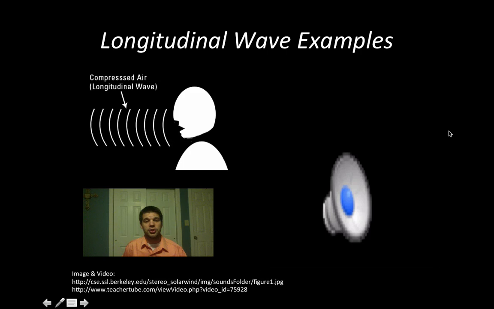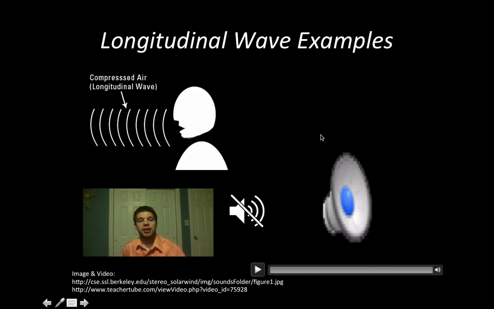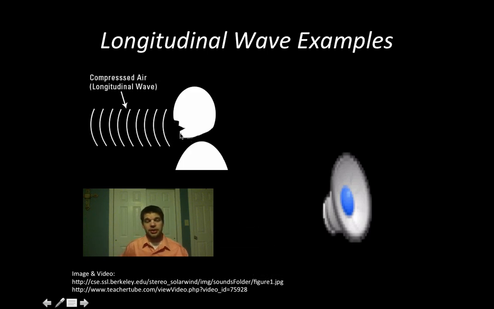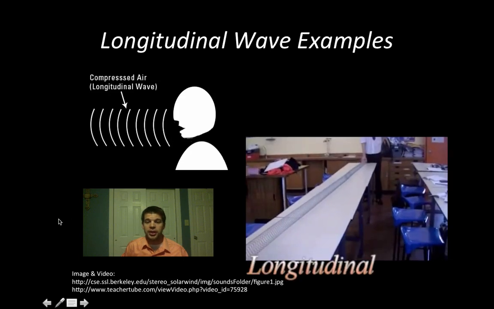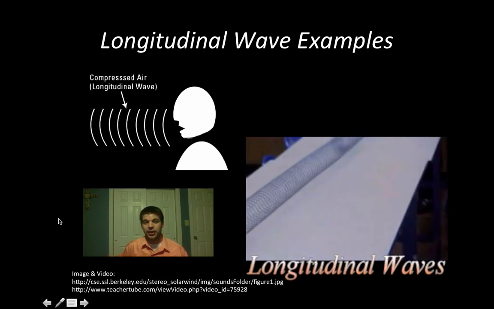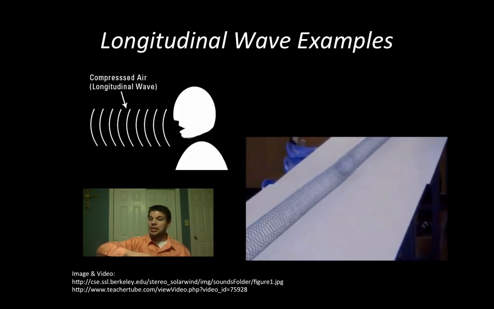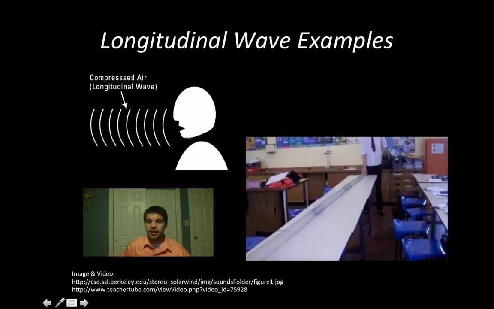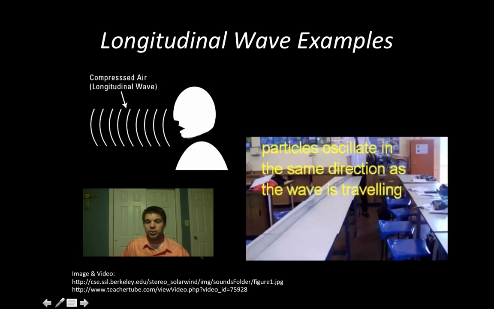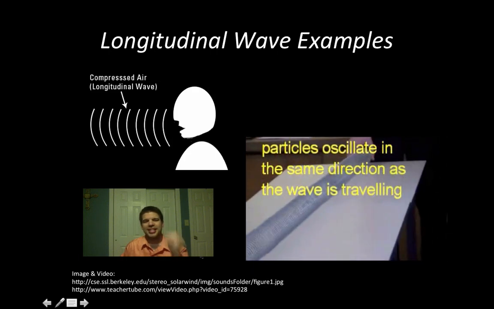Some examples of longitudinal waves: we have just regular old sound waves. When I speak, my voice compresses air molecules, and that wave travels through the air and reaches your ears, and you hear that. And so sound waves are an example of a longitudinal wave. Another way that we can see this is on a slinky. If we stretch the slinky out and jockey it back and forth really quickly, we'd see the wave travel right through it like this. And so this is another example of a longitudinal wave, but easier for us to see than maybe a sound wave.